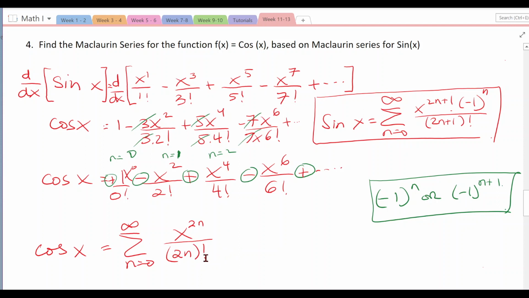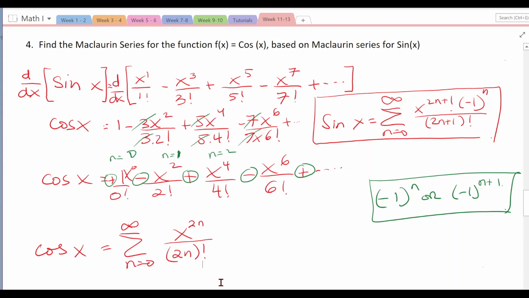And then if you want, you can check again, starting from n equals 0. 2 to the power of 0 becomes 1. x to the power of 0 is 1, and 0 factorial is 1, so we simply have 1 as the first term. The next term is x squared over 2 factorial. So I think this is correct, and now we just have to find the alternating sign.